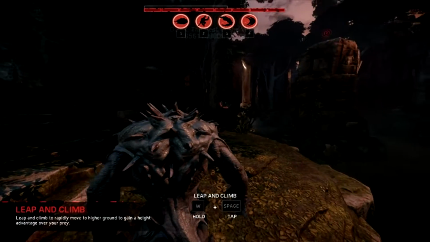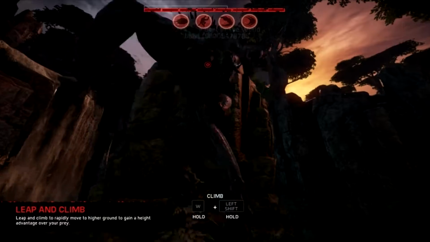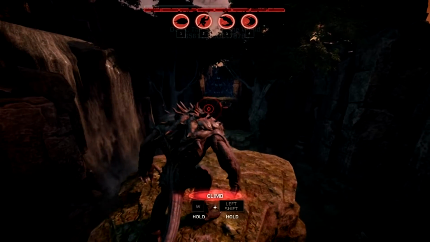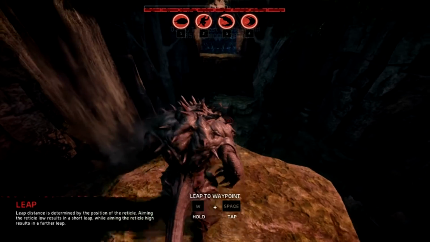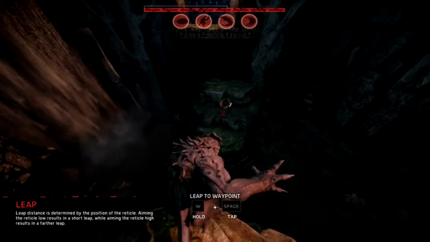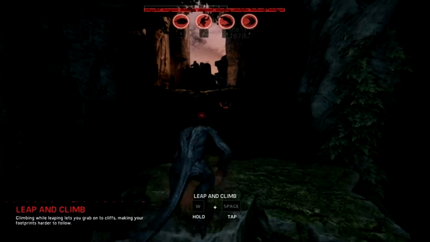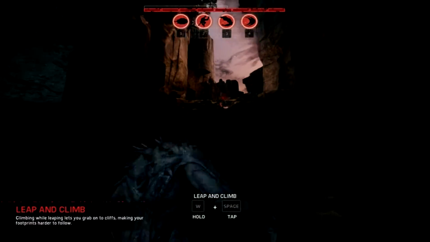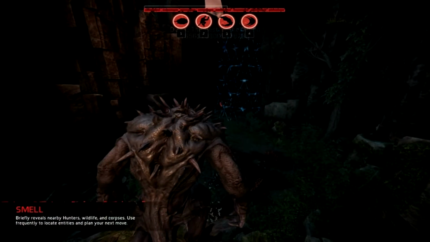In this first part of the preview, we're going to be talking about the tutorial, which was the first thing that you played in the closed beta event. What happens in the tutorial is simple. When you first start up the game, you're immediately thrown in to play and learn how to play as a Goliath in a very nice tutorial area, which teaches you all the abilities that the Goliath has,